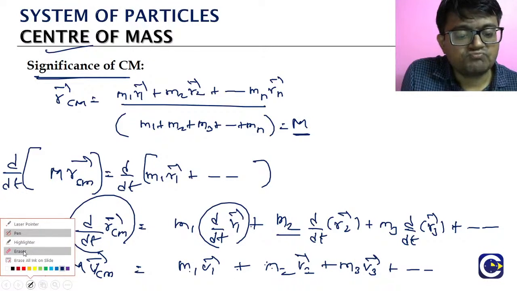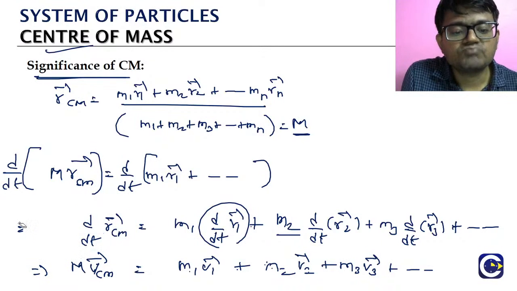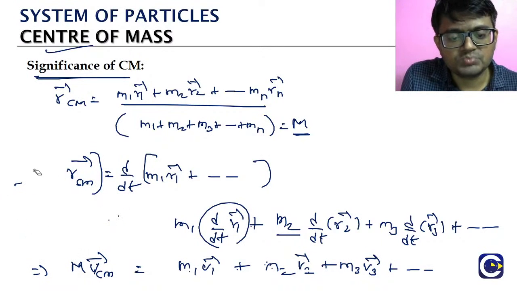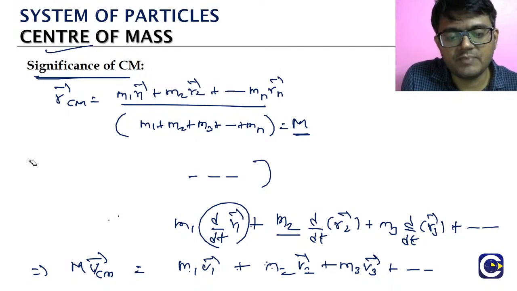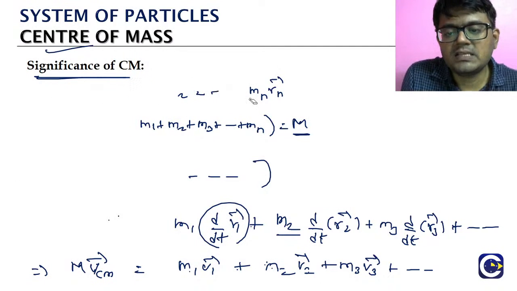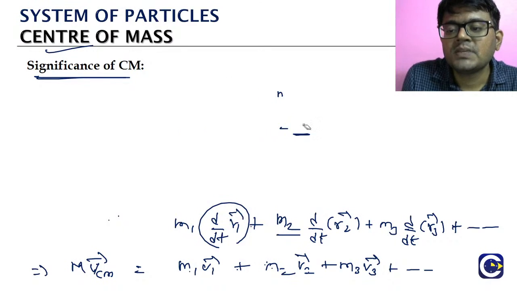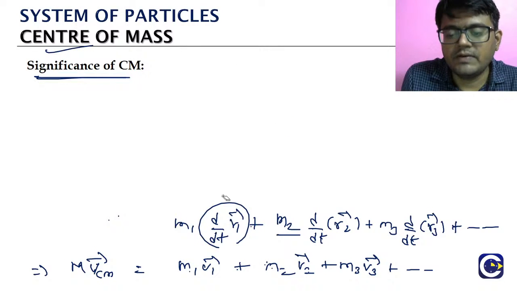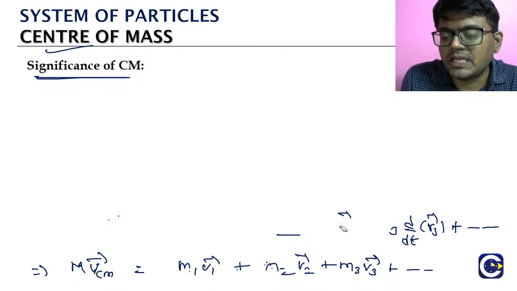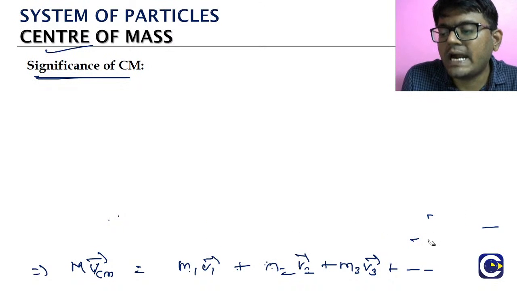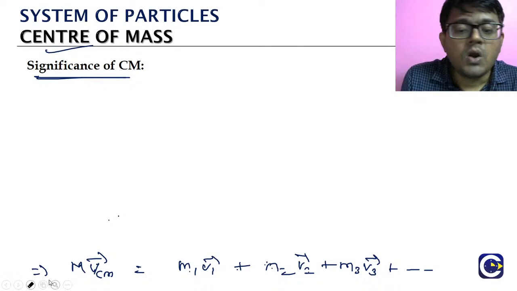The mass of the entire system times the velocity of the center of mass is equal to m1 v1 plus m2 v2 plus m3 v3 and so on. So we have to add up all the momentum of the